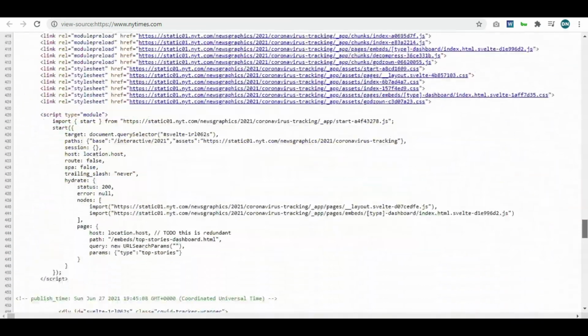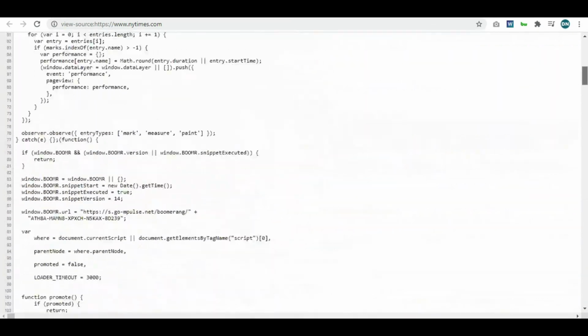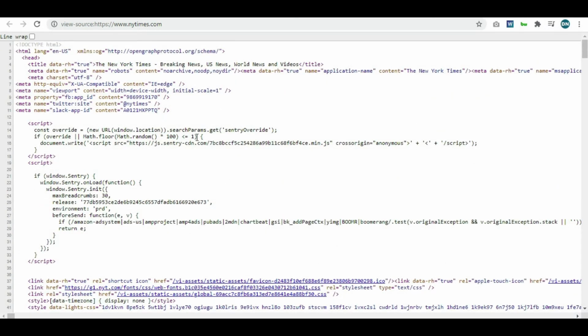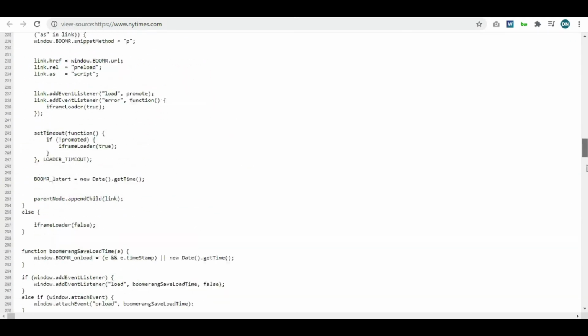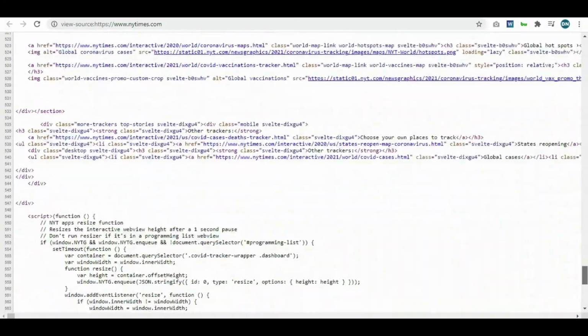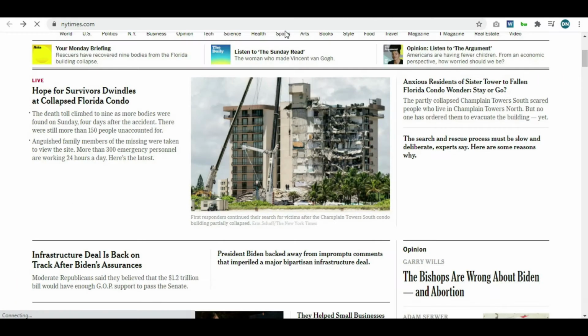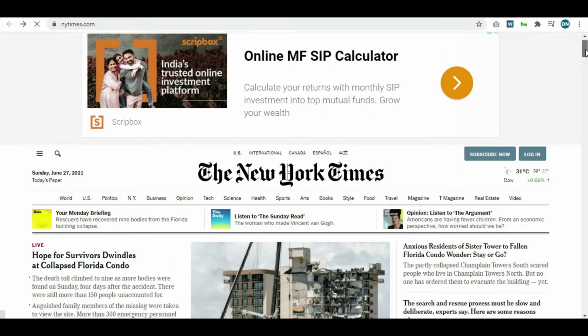So this is obviously related to the front end source code only and not the back end, because that will not be visible for us due to security reasons. But yes, you can check very important details. For example, the title of a website. If you are an SEO executive, you might need it. So you can check this title right here. You can check all the meta information of the website, like phone number and Facebook information, and some pages, some important links, some CSS links. All this information is available right here in the page source. So I'm just closing this tab as of now, and moving ahead with the second technique.